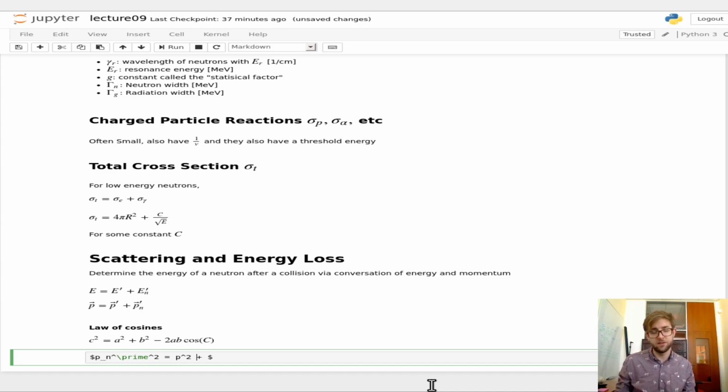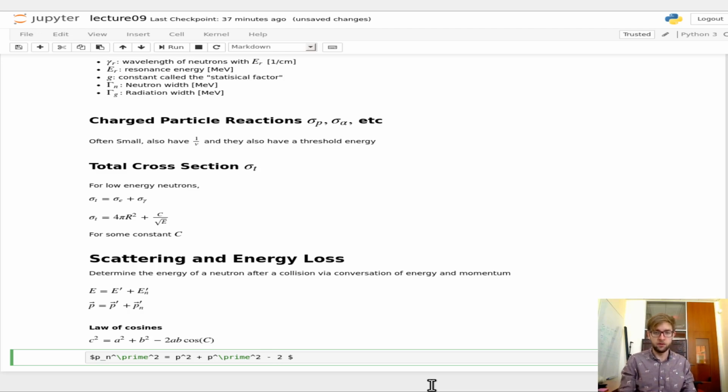So the momentum of the nuclide squared is equal to the momentum of the neutron squared initially, plus the momentum of the neutron squared after, excuse me, after the collision,